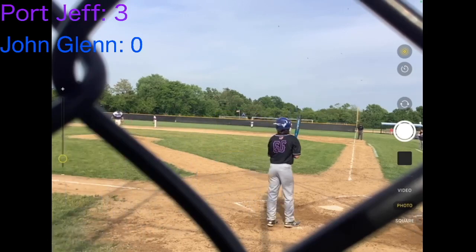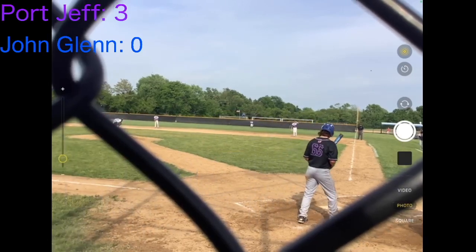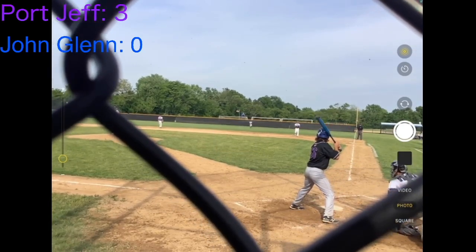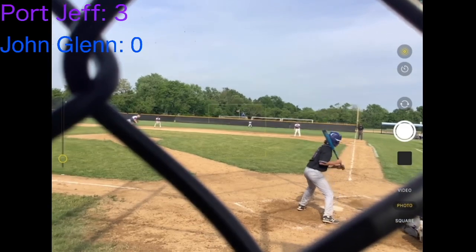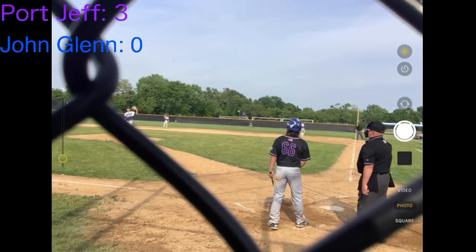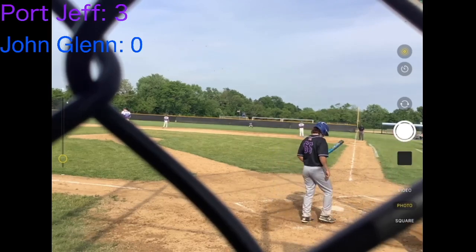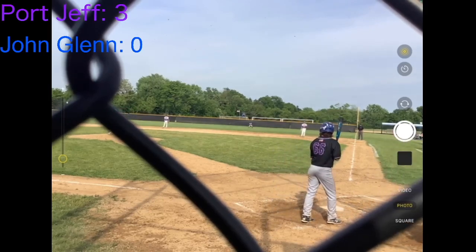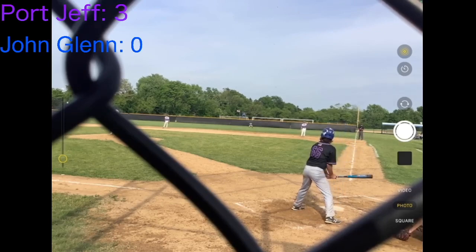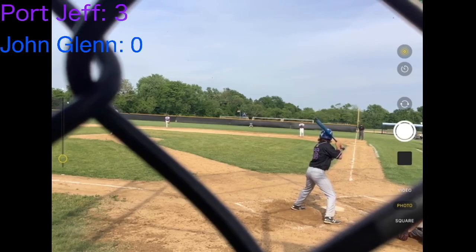Last time he was up, he walked. Able to get some runners on, obviously with these 7, 8, 9 batters. Definitely want to start it. I like this move where they switch Rolf and Mullen here, just to get a little bit of a boost at the bottom of the order. And I might have had some influence on Mullen and Aronica at the bottom of the order, but